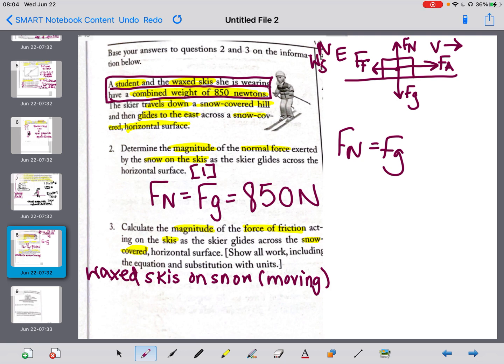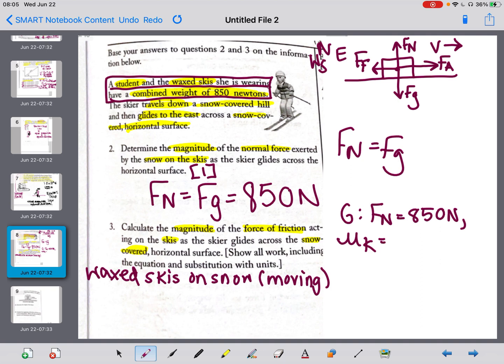So where do you have to look? On page 1, approximate coefficients of friction. You would not be looking at the static because she's not standing still or at rest. She is, in fact, gliding down that mountain. So you are going to use the kinetic coefficient of friction. Okay, so let's write out our givens and unknowns here. My normal force is equal to 850 newtons, because normal force and weight are the same thing. We then know that my mu k, where mu is the coefficient of friction, and the subscript k means it's kinetic, not static,